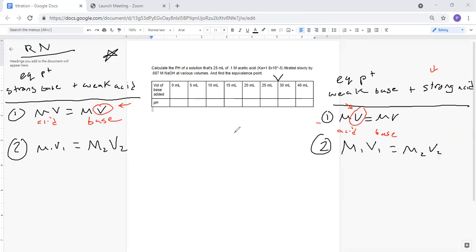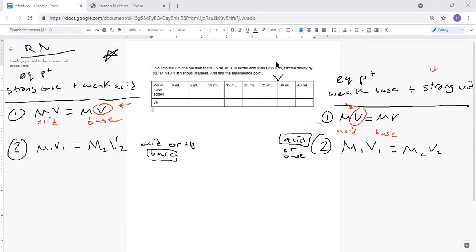So because it's the equivalence point, it doesn't matter if you solve it for the acid or the base. Like, it really doesn't matter. Just choose the one that you feel comfortable using. For this one, I personally like to choose base because that's what I'm working with, and I like to focus on what I'm working with. This one I like to choose acid because the salt's acidic,